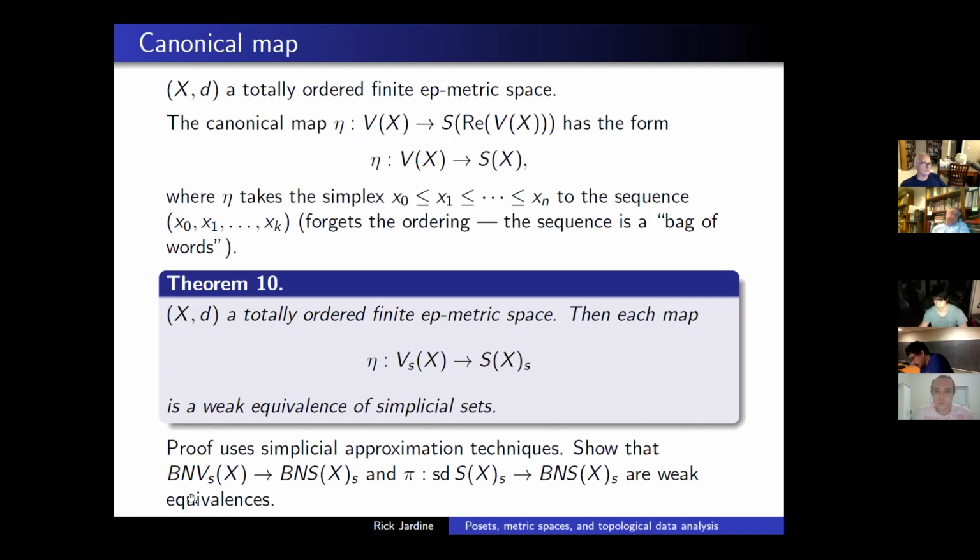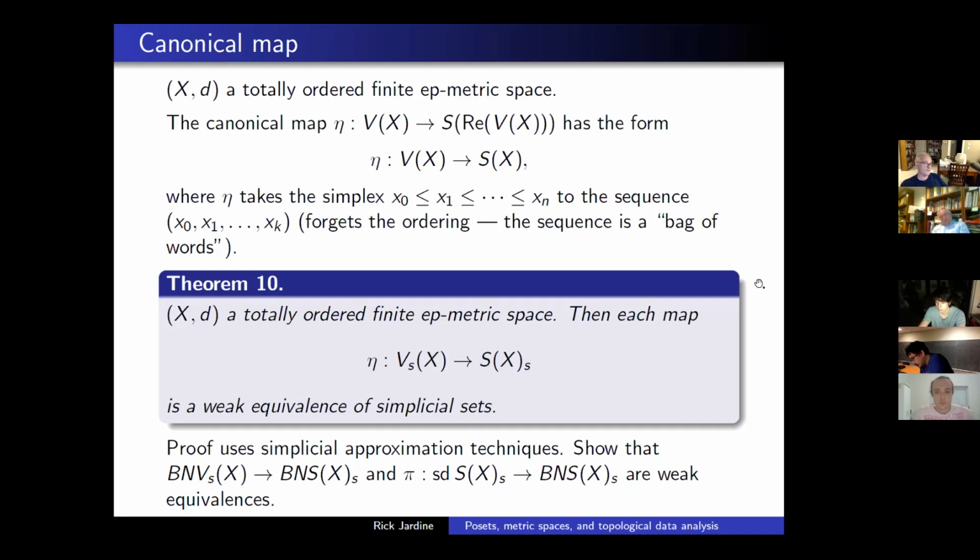You show that the comparison of posets of non-degenerate simplices of VS to non-degenerate simplices of the singular thing induces a weak equivalence on the associated nerves. And you do that with the sort of proof that I showed you for the Rips stability theorem. In other words, you construct a map backwards, and the way to construct a map backwards is you take a sequence and take it to its set of distinct elements, okay? And that gives you a perfectly good